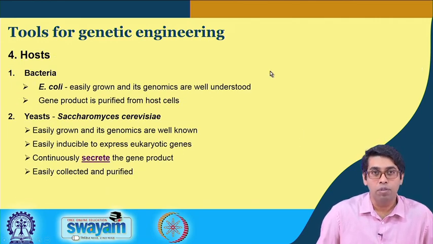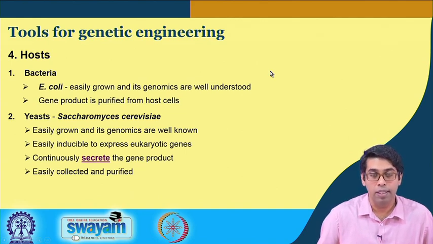So, finally, once you have your vector ready with your gene of interest, you need to insert it into an organism. We are going to limit ourselves to bacteria, and bacteria is a very useful organism, because many proteins can be easily cloned into vectors that can be overexpressed in bacteria, and purification of protein is also very easy. So, we can get large quantities of pure proteins from a bacterial cell.